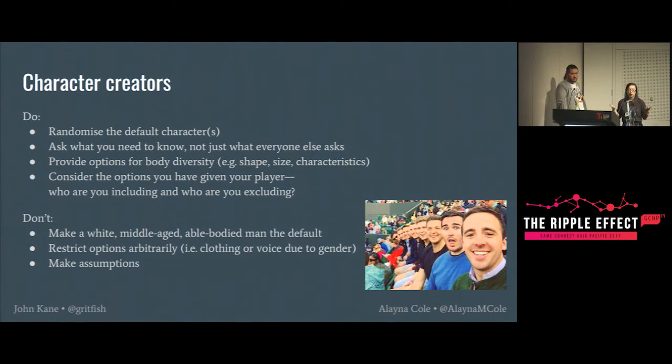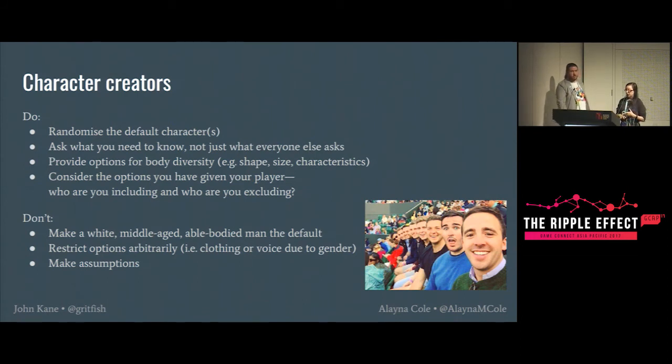Consider all the options that you've given your player, and then really think about what you're including and what you're excluding. I definitely don't think that everyone's capable of including literally everything in a game. There are going to be some limitations, whether it be because of technical aspects or time or scope or whatever. But if you can realise what you haven't included and make an actual decision about whether or not to include that thing and why, and be very aware of your choice and why you made it and be able to talk to that, that's a world better than just not thinking about it. So step one is thinking about it and figuring out what you're actually capable of and becoming familiar with that for your own project.